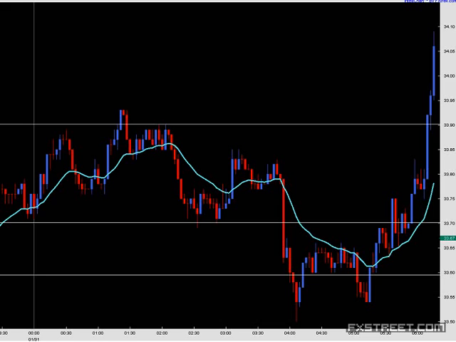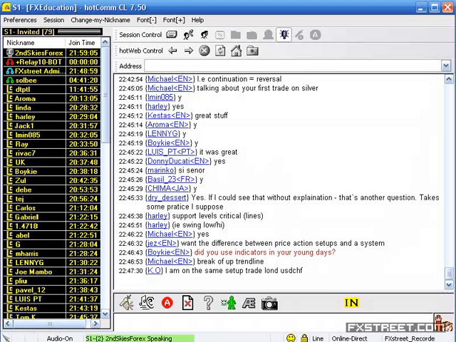Hey, you need variables A, B, and C to take the trade. If A, B, and C come up, you're going to go long at such and such price or such and such break. This is your stop. This is your limit. This is your entry. This is your exit. This is where you take profits. That's a rule-based system. I generally recommend trading rule-based systems as much as possible.